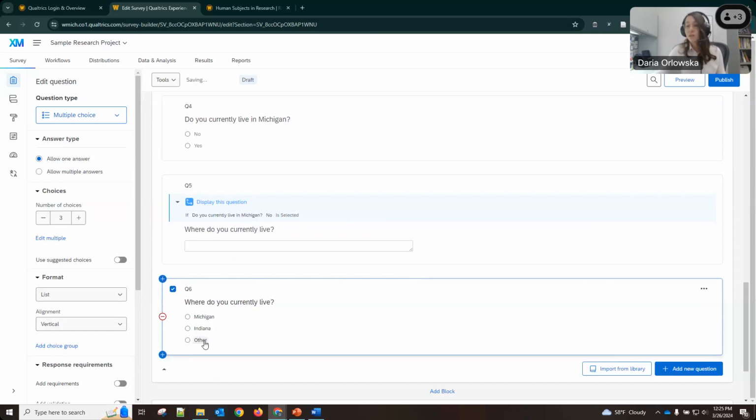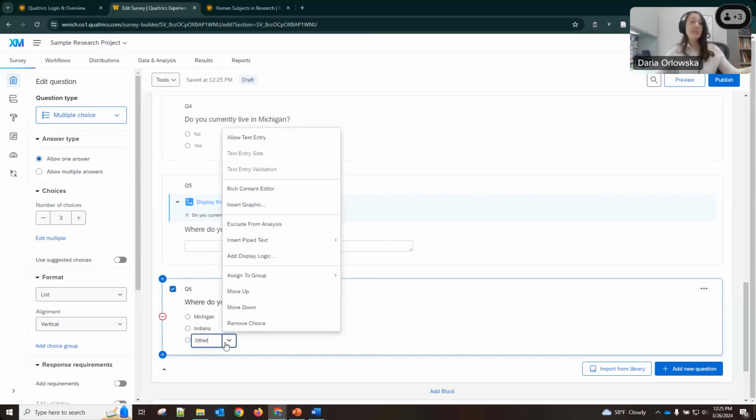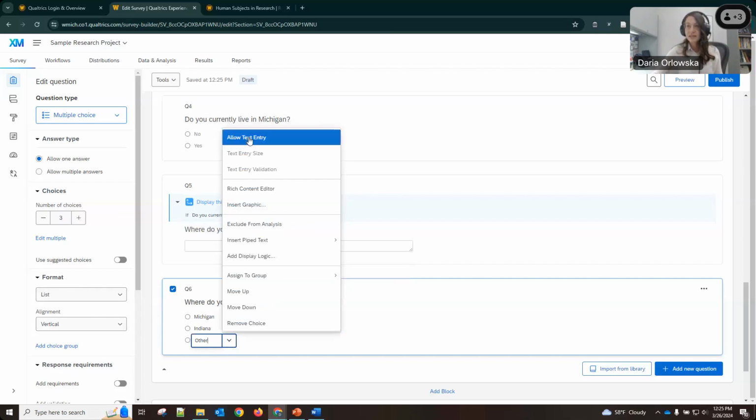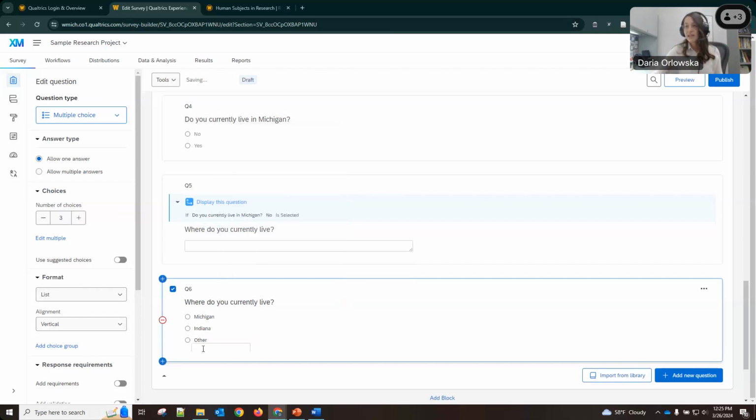So maybe we want participants to fill in where they live, but we're not sure what our sample is going to say. And so we can navigate to this drop down next to other. If I click on other, it will give me a little drop down menu, and I can press allow text entry. And that just means that participants can put in a response.